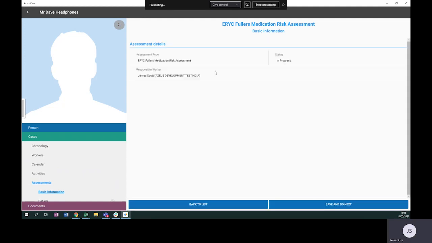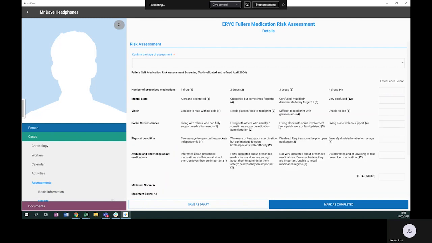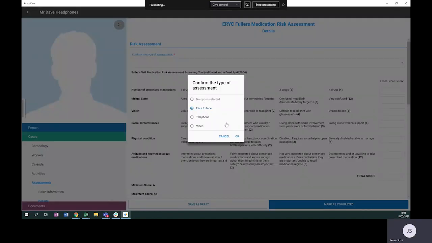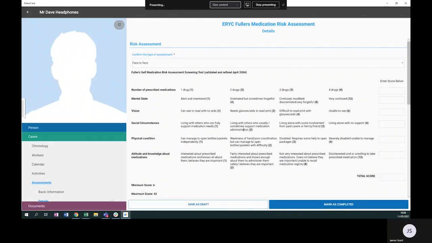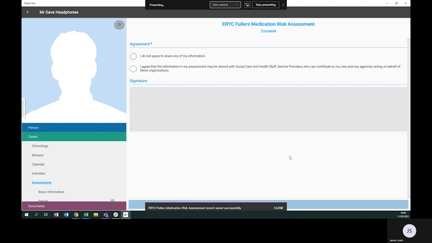Once I click the form, it will bring me to the basic information page similarly to how it does in the main system. Now I can press Save and go to Next. And I can work through the assessment very similarly to how I might do in the main system. Once I get to the consent page,